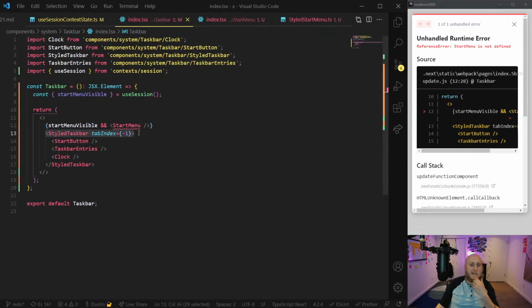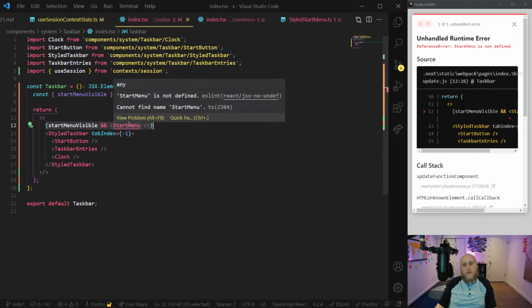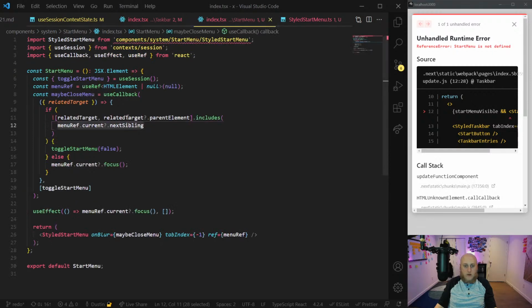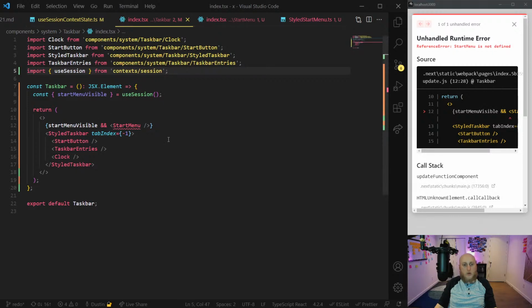Oh, okay, that makes sense. Right. So I'm saying the start menu, if from the start menu you click off of it, then what is the code here? Right, so when you click off, we're going to look for this element, basically, the taskbar. We're looking for the taskbar, only the taskbar, I think.